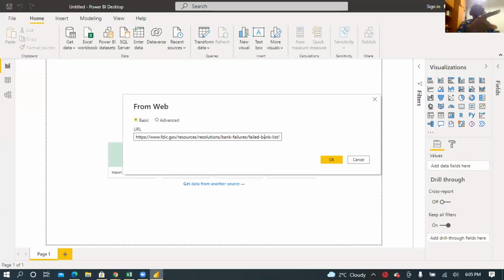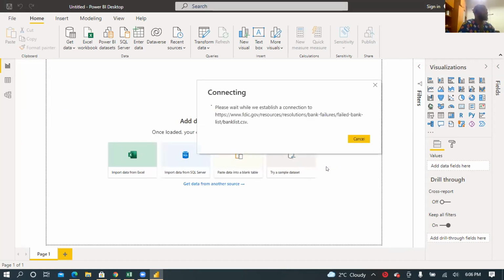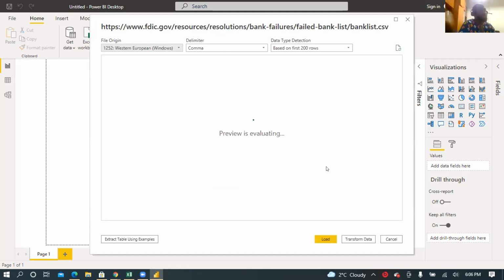So this is the link to the file itself, not to the page. Oh, okay. So remove this link and paste the new one you have. That's right. So you can see you have banklist.csv. That's the extension. Just click on OK, and we should be on the same page that way. Oh, okay, connect, yeah. I didn't have this screen when I was doing mine because I already connected to the data source before. I'm sure most of you will have that screen because it's the first time.